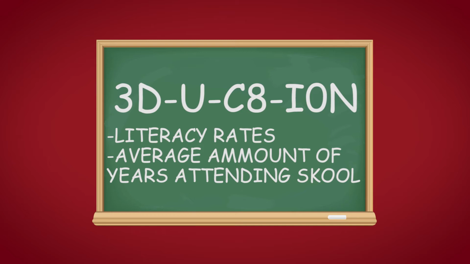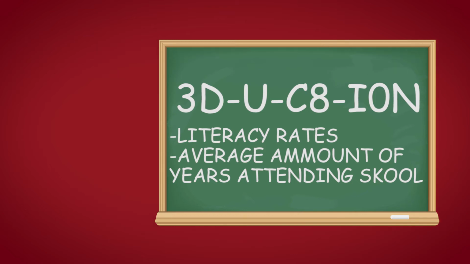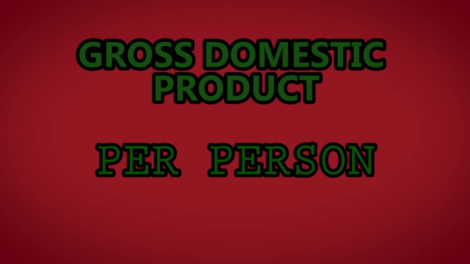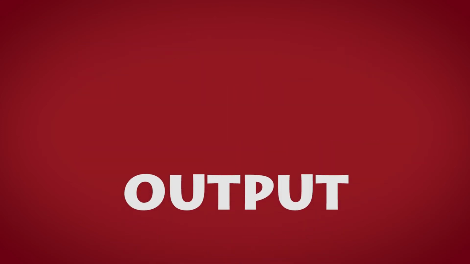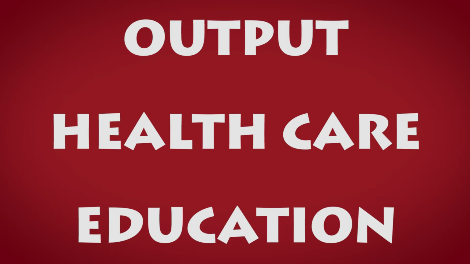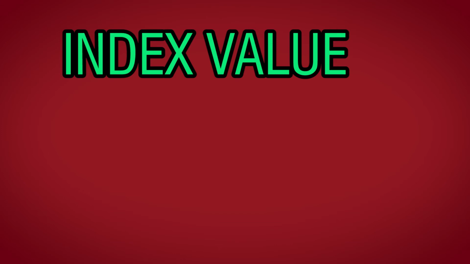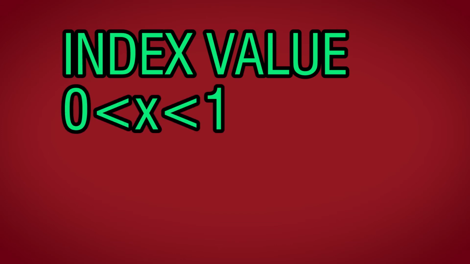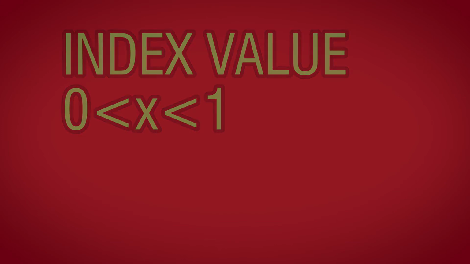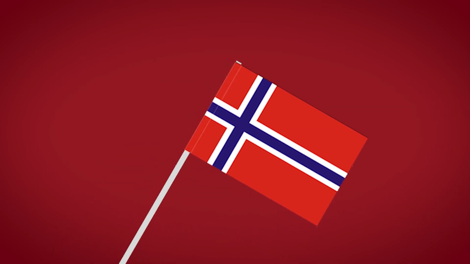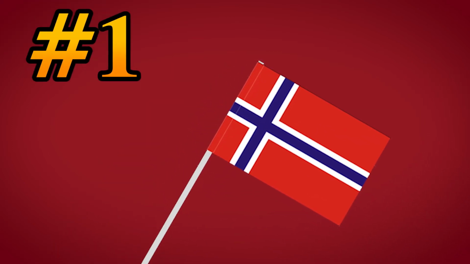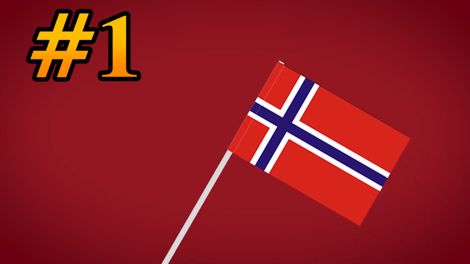In terms of education, the HDI includes literacy rate, that is the percentage of population who are able to read and write. Also included is the average number of school years that an individual would attend within the economy. The output measurement is GDP per capita. So we have a combination of output, healthcare, and education measurements. Taking these three measurements, the HDI comes up with an index number. This index number will range from 0 to 1 for every economy. For example, Norway is currently first in the HDI league with an HDI measure of